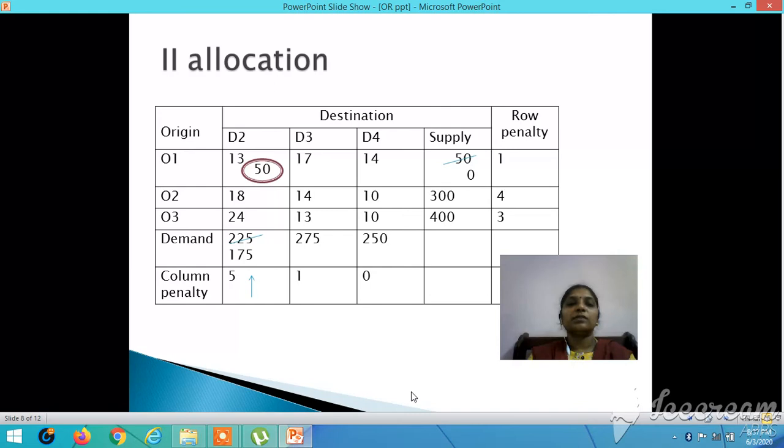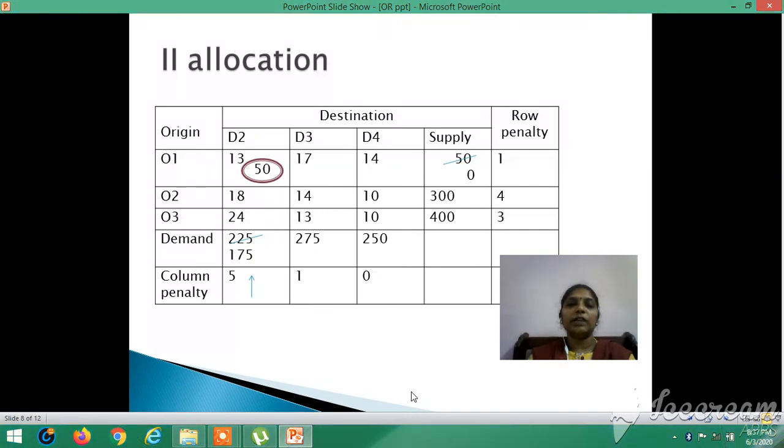In the first row we have a capacity of 50, but the demand is 200 and 250. So we can allocate the least value, and since the supply is only 50, we